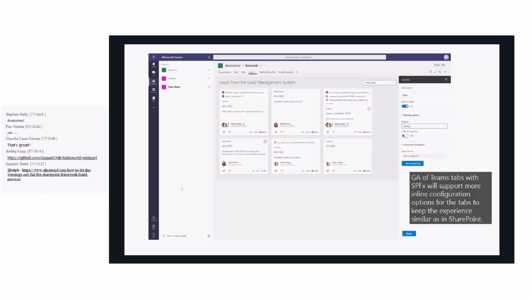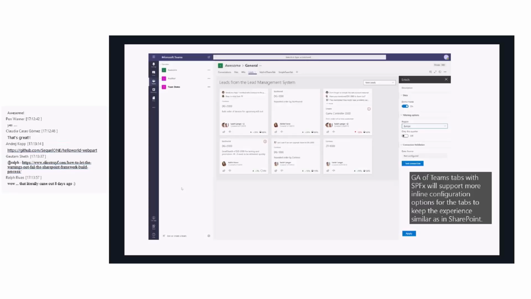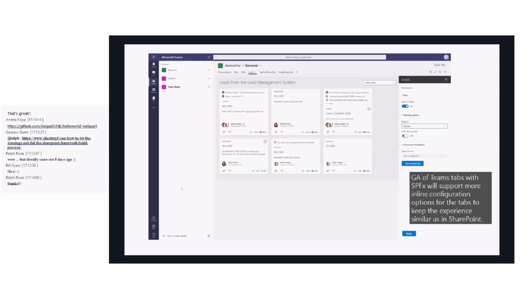What you will see as part of the GA is that whenever you want to configure a Microsoft Teams tab built with SharePoint Framework, we will expose the familiar SharePoint web part styled property pane, which you can also override. So you're able to take advantage of, for example, the property pane controls, and you're able to implement your custom controls, which are then exposed to configure the tab in Microsoft Teams as well. So really cool stuff.